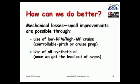that the manufacturer allows. The use of all synthetic oil will help just a little bit because it's got better lubricity. We can't use all synthetic oil now because we're running leaded fuel, and synthetic oil and leaded fuel don't get along very well. You remember Mobil brought out an all synthetic oil called Mobil AV1 that wrecked a whole lot of engines because of the lead sludge buildup, and so we don't have any all synthetic oils for piston aircraft engines, at least